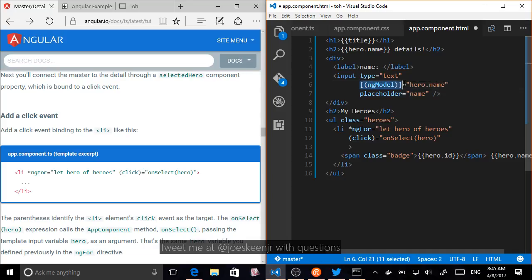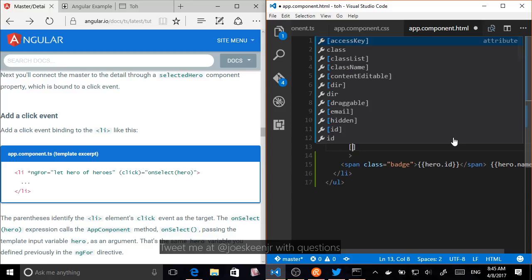So really what this square bracket parenthesis is saying is we're going to have two-way data binding. When there's a value in the component, we're going to put it here. And when the value here changes, we're going to put it back into the component. So this is a two-way data binding, whereas this is a one-way, saying template going to the model there, the component, and things like,